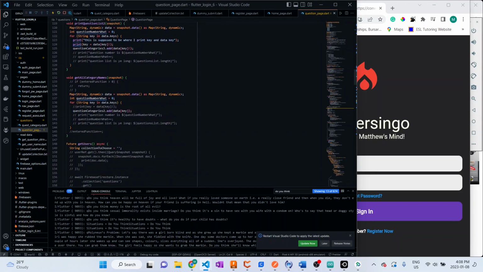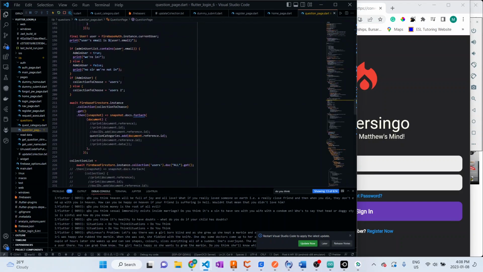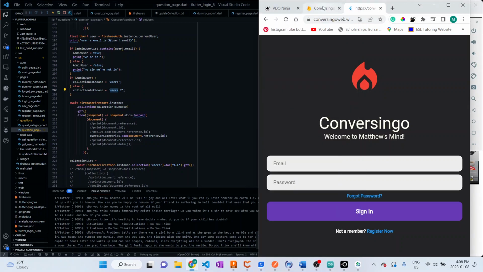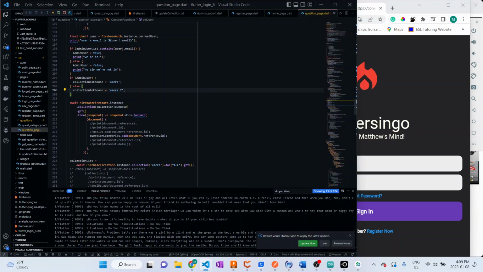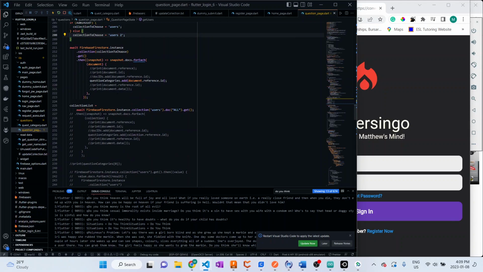Also comments, I have to remove those. See, this is what I was talking about before. If you type in the admin access code, the collection that's chosen from is users. If you don't, then it's users 2, and all users 2 has is boring questions. They don't really contain any sensitive questions. Anyway,